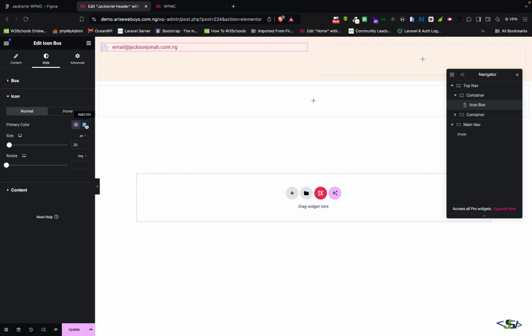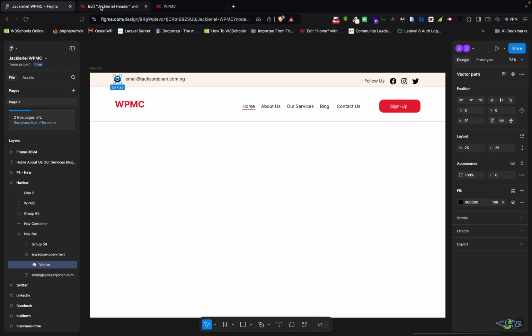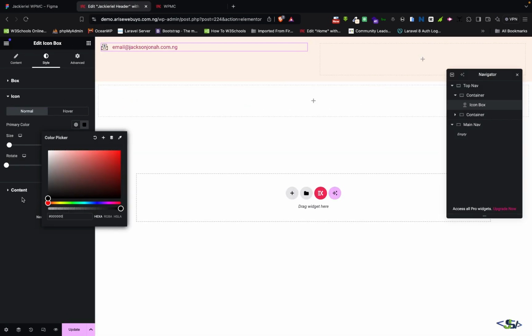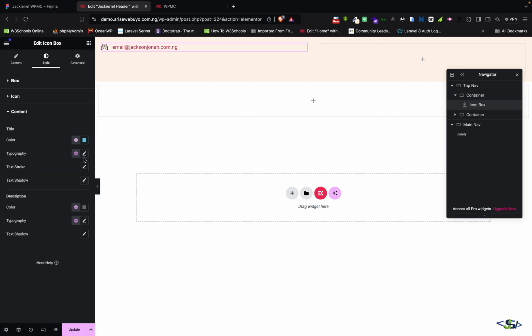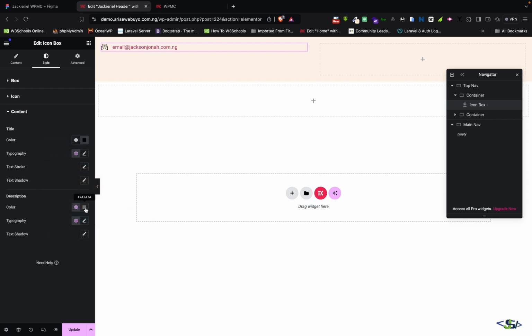So let's just change the icon color to black. We have that. Then the right-hand text is black. So content, color, title color, let's just change everything to black. Description,